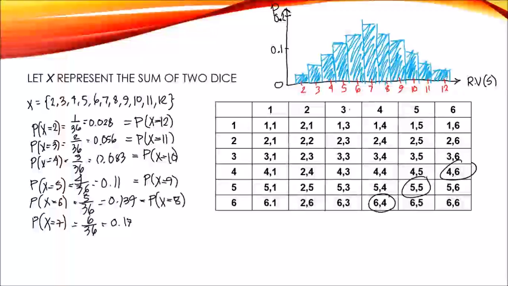Okay, so this is the histogram of the sum of two dice. So that is the probability distribution of the sum of two dice. And then lastly,